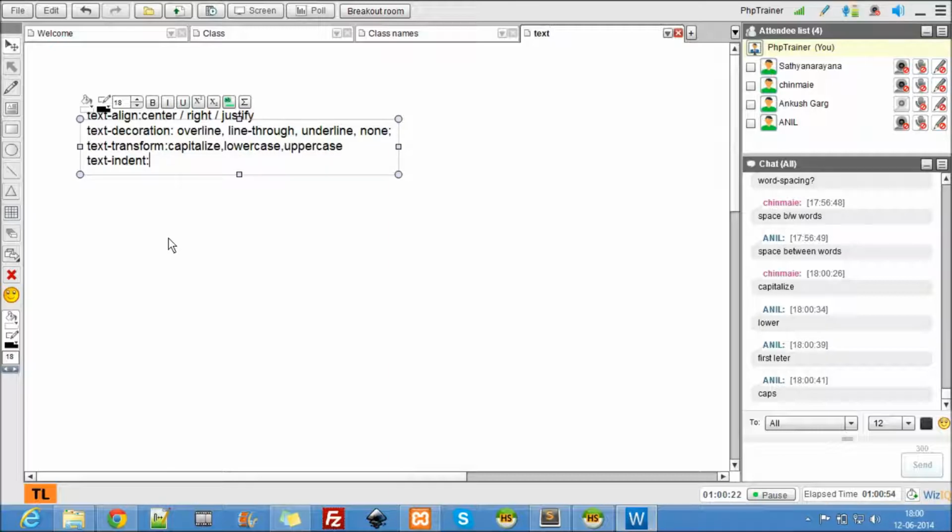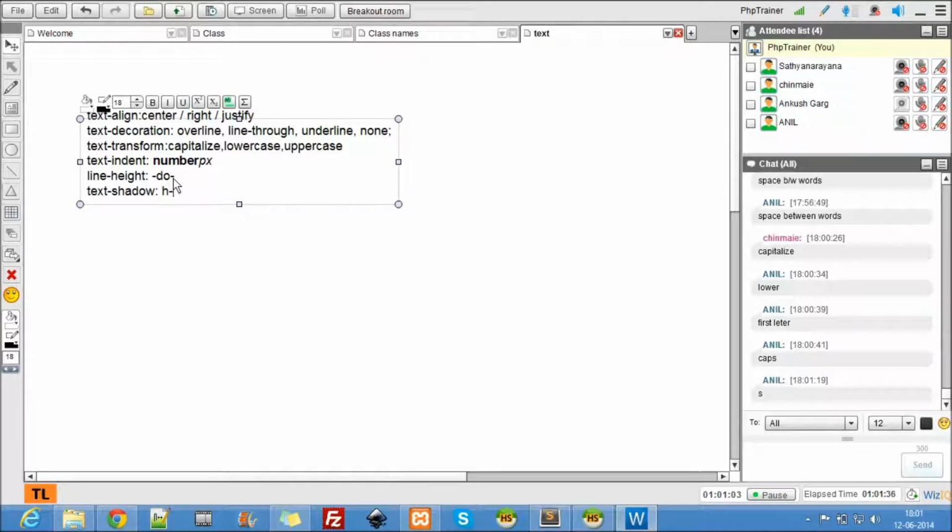Text indent is nothing but just a number and pixel. That's text indent. And line height is the same, number and pixel. And what else? We have text shadow. What do we have?